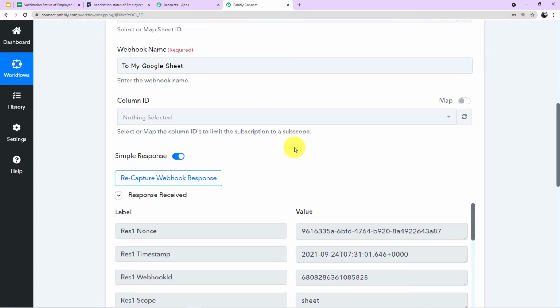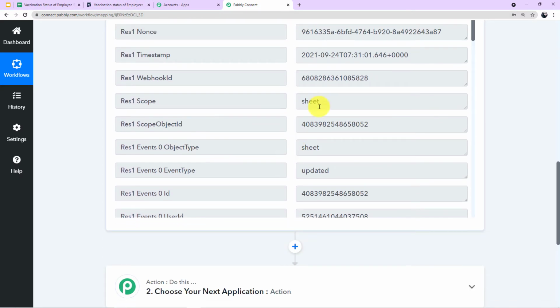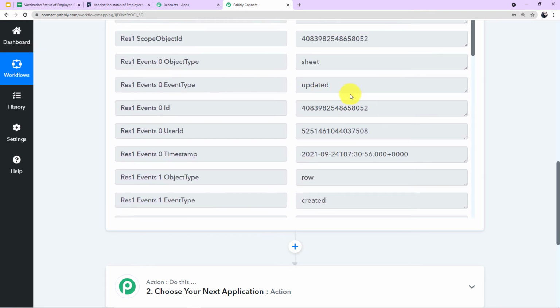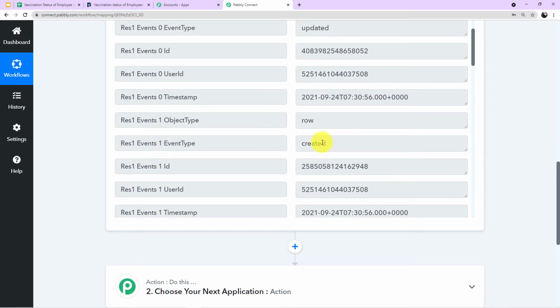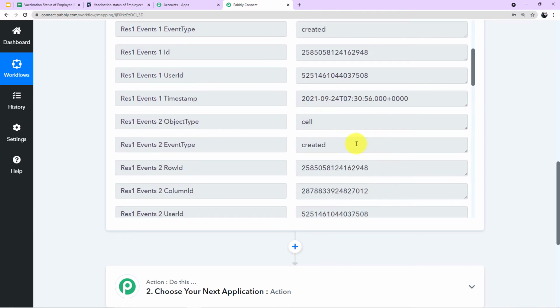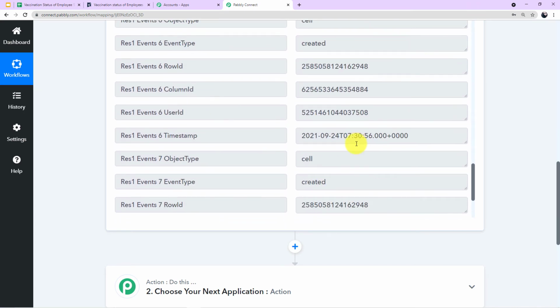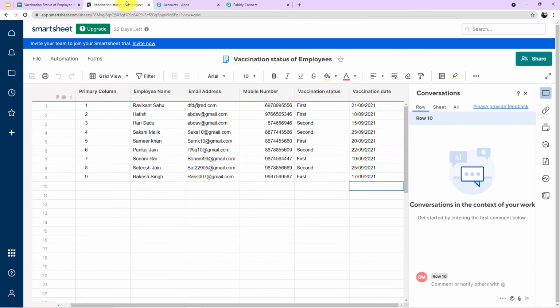So now it has captured this response. You can see it is showing something like this. So it is showing the details like this. Event type is updated, object type is row, event type is created. So it is showing this response, but it is not showing the actual information that we have filled here in